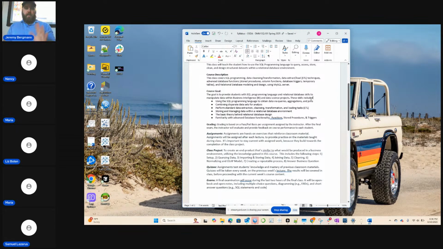Right. So these skills include using the language to obtain data, aggregate data, so like summing or averaging data, and then joining data together. So I always think of it as Excel spreadsheets. If you worked in Excel, the different tabs, relational databases are very similar.